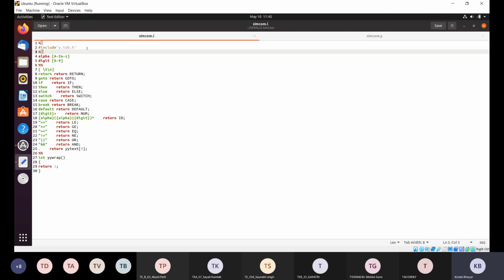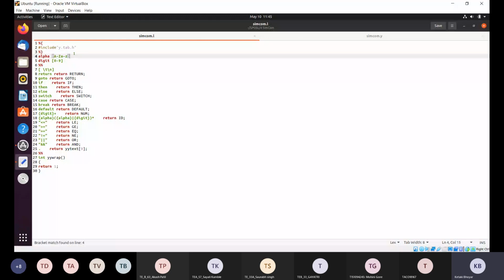Here we will see the .l file first, that is the lex file. The lex file generates the tokens for us, and these tokens are utilized by the yacc file to validate the syntax, whether a particular statement is a simple statement or a compound statement. I hope the title of the assignment is clear to all of you. Is it clear? Yes, ma'am. Okay. So the statement is clear. Now we will start with the lex file.